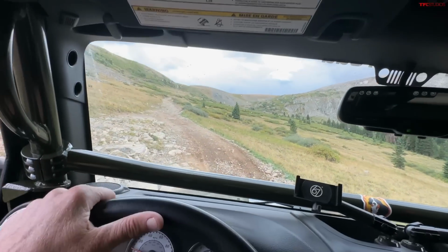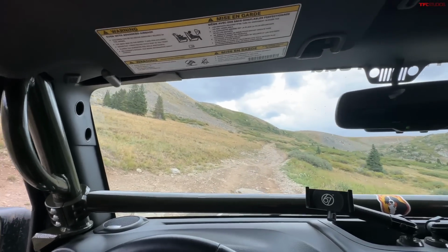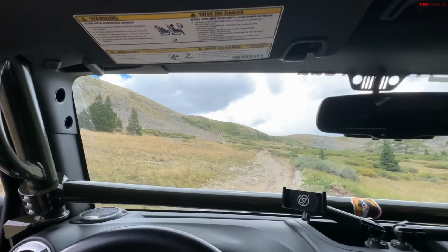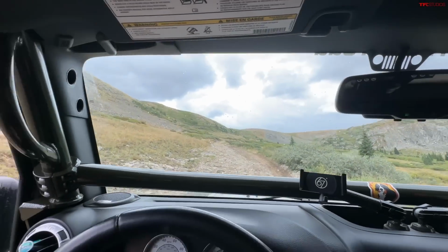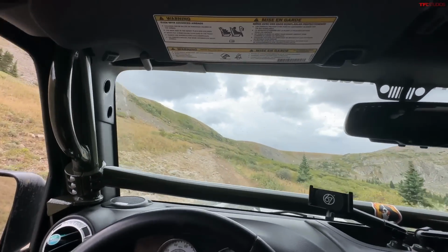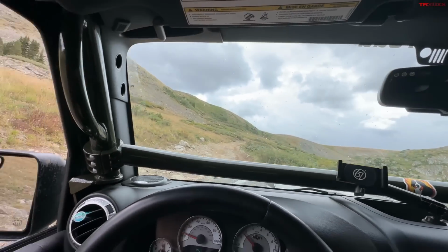It's starting to rain a little bit. The other thing we did with this vehicle, I don't know if you can hear it, is we added an aftermarket exhaust, because I kind of like to hear the engine. The Pentastar does not sound great, whether you have it in a Charger, a Challenger, or a minivan. It does not sound great. But with this aftermarket MagnaFlow exhaust, it has a little bit of a rumble to it,